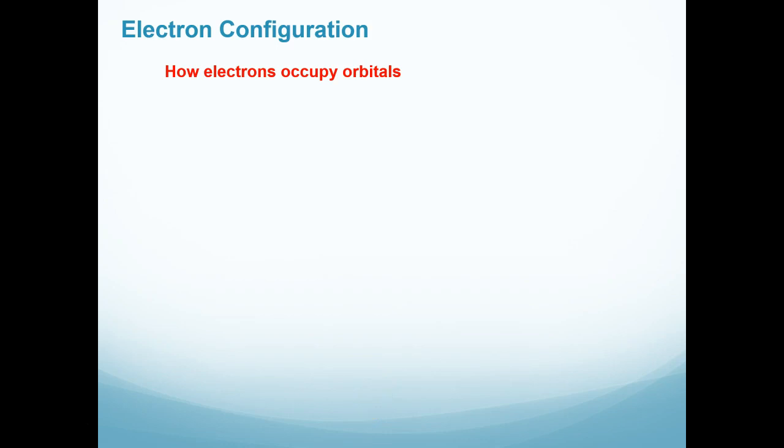So we want to start to think about how the electrons occupy these orbitals. So we call this an electron configuration, and it basically tells us where those electrons live, and it goes in a certain order. So for example, if we look at the periodic table and relate this for fluorine, we have the 1s orbital. We always start at the top. We have 2 electrons there. If we go down to the next period, we have 2 electrons in the 2s orbital. And then we jump over to the P block, where if we stop at fluorine, we have 5